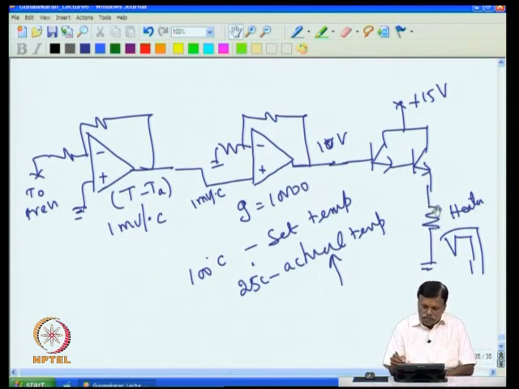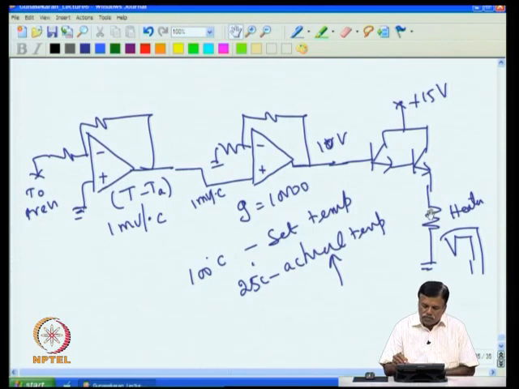That means the heater voltage is coming down. Once the temperature rises, at very close range, this voltage will come down, and this voltage also will come down, and the heating also comes down. But at some point, whatever heat is generated by the heater will be equal to the heat that is going out. At that point it will stabilize. That is the idea of this